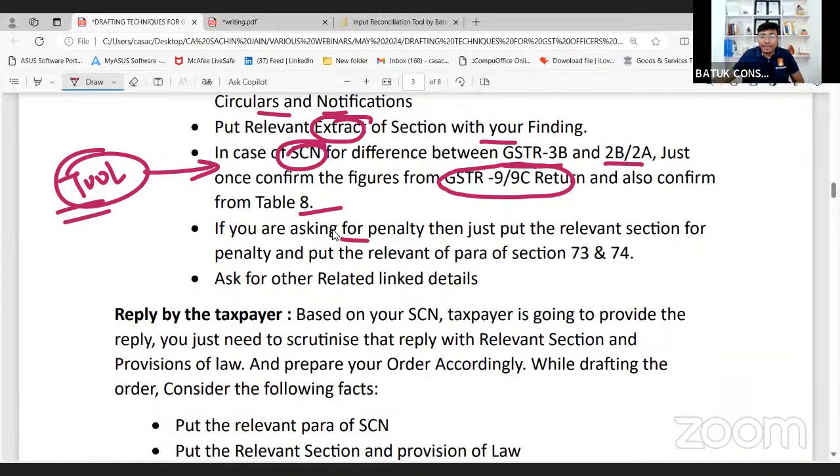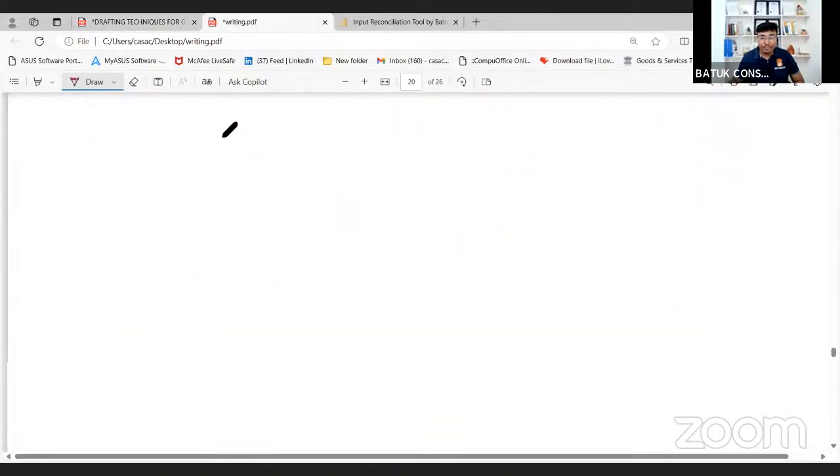If you are asking for penalty, then just put the relevant section for penalty and the relevant para of section number 73 and 74, because we know that whenever you will ask a penalty,